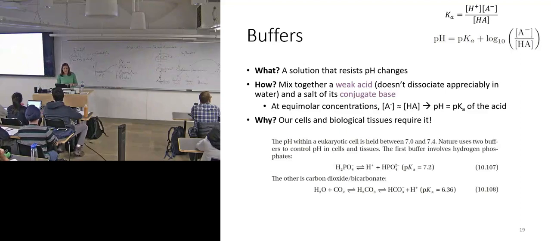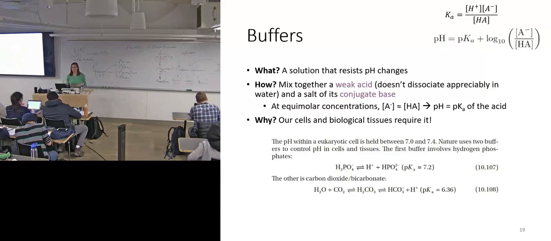Why are buffers important? Our cells and our biological tissues require them. We have specific pH requirements inside our cells that we need to maintain, above or below which we're in a state of acidosis or alkalosis, with lots of downstream dangerous symptoms associated with that. There's two popular buffer systems in our body, hydrogen phosphates and